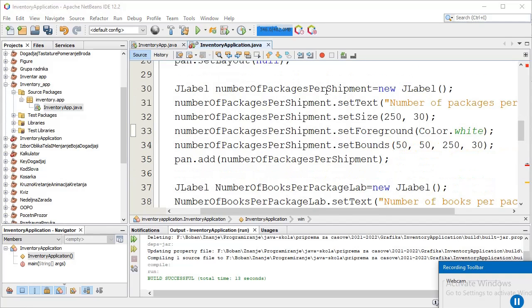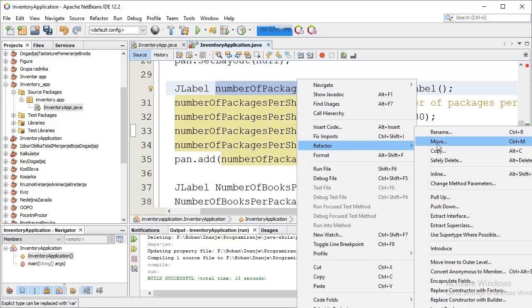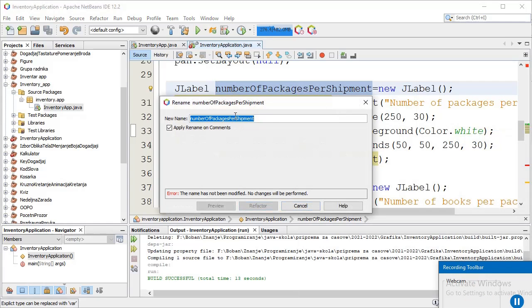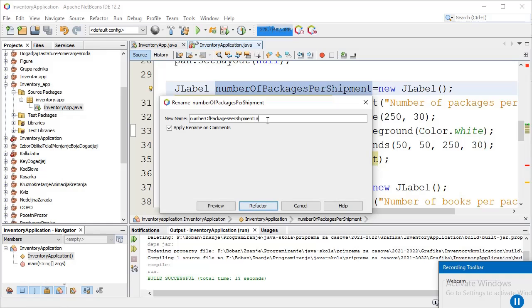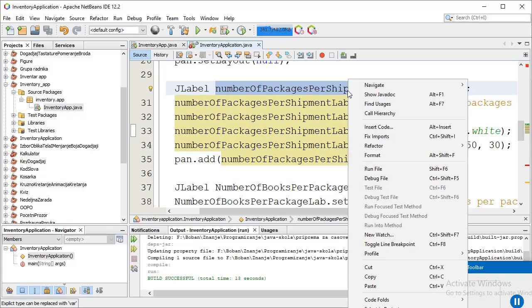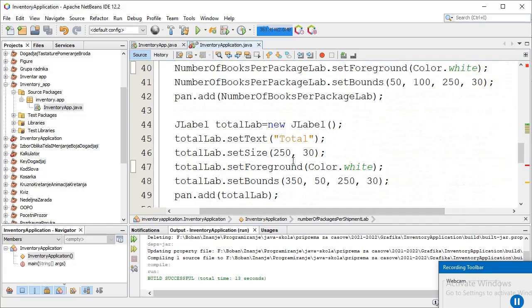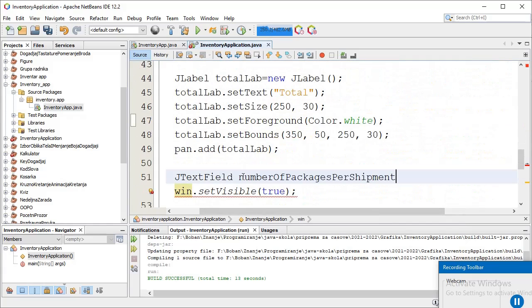I made some suffix, lab, for the first JLabel object and renamed all references for that. The base of the name for the corresponding text field object needs to be the same. The suffix will be tf.